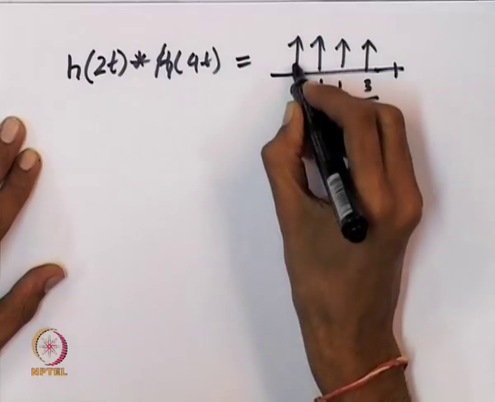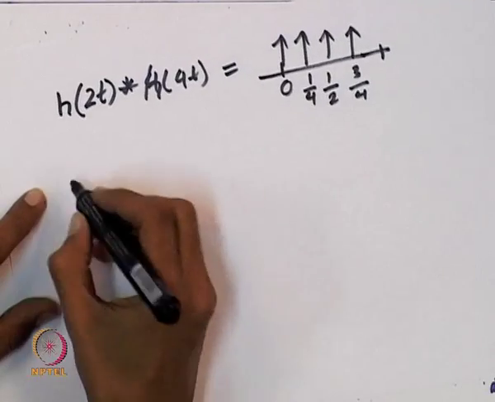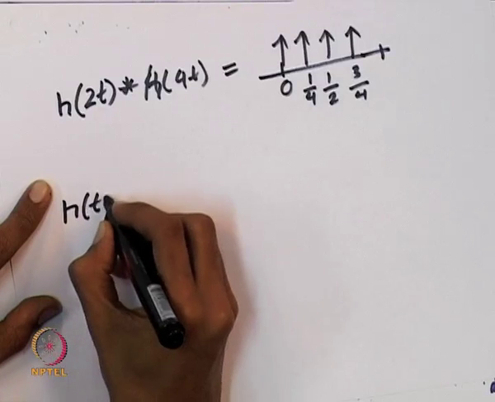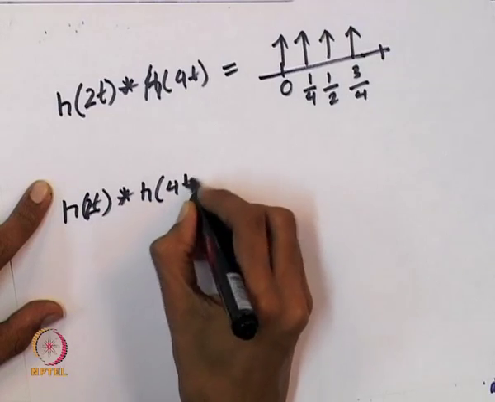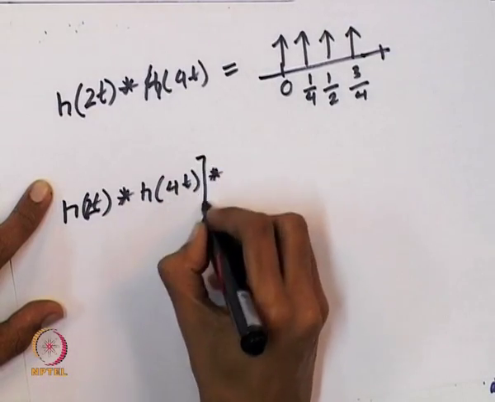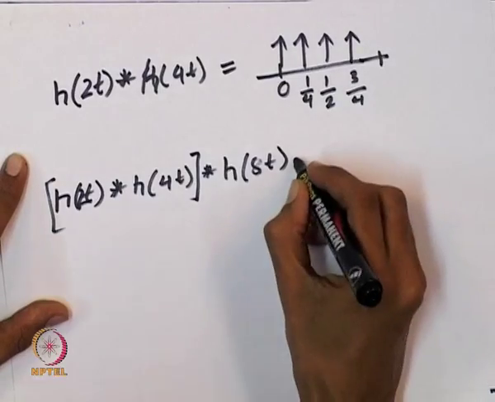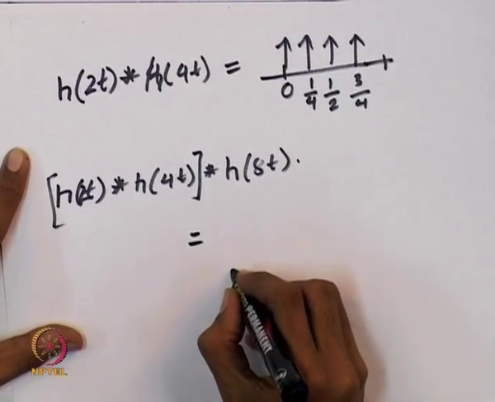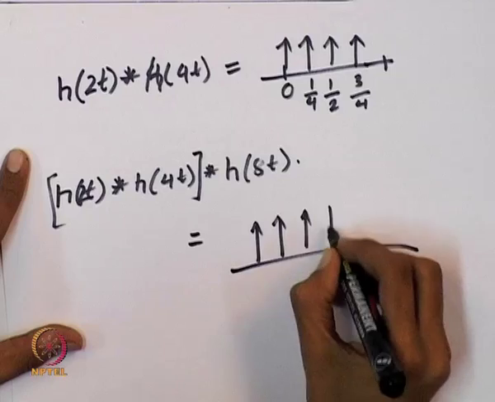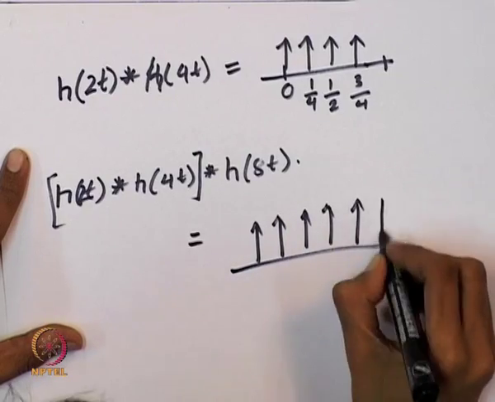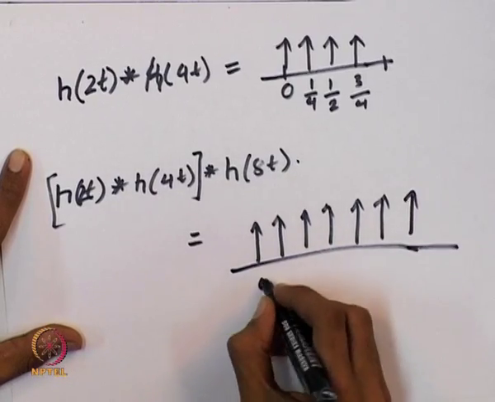It is a 4-length sequence, and now we try to convolve this with h of 8t, and this will look like a train of impulses. There are 8 impulses in this, going from 0